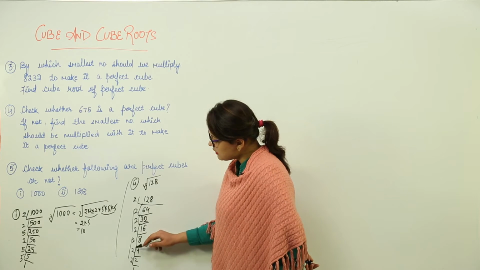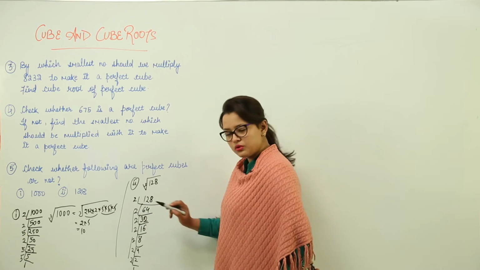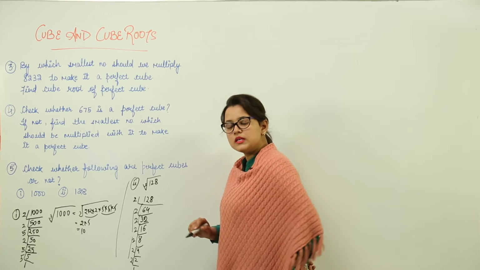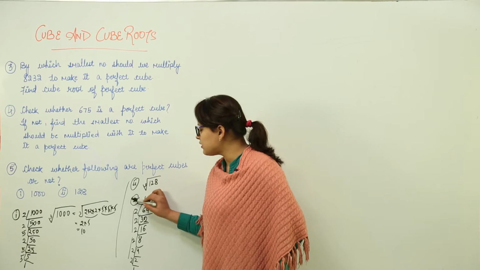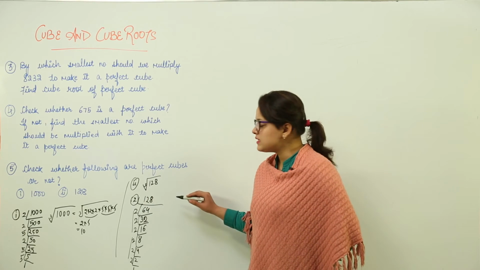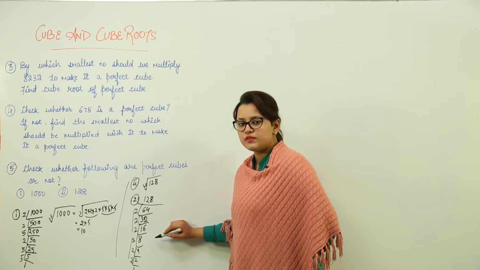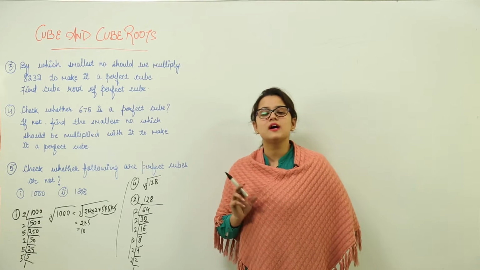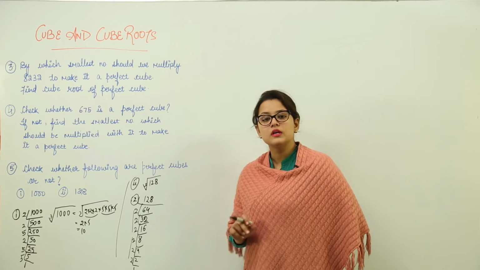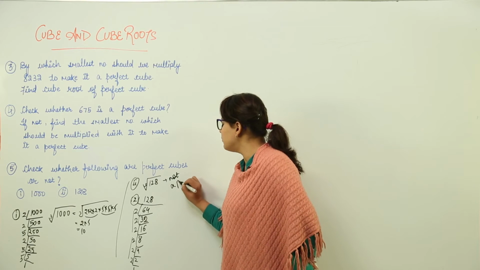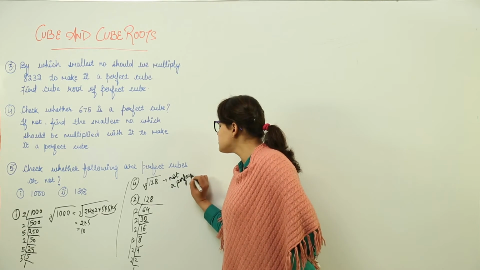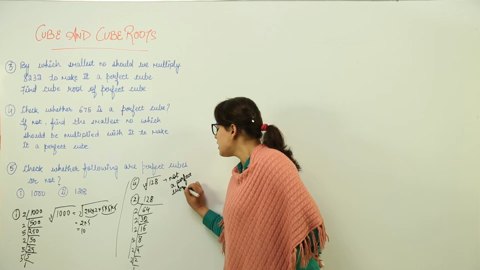Now can you do the grouping here itself? Yes. But here we can see that we have made the groups, only 2 groups are possible. Is there any factor left which is ungrouped? Yes, we have that one factor 2. That means this is not a perfect cube. If any factors are left that cannot be grouped, that means that number is not a perfect cube. Right? This was the first basic step that you should understand.